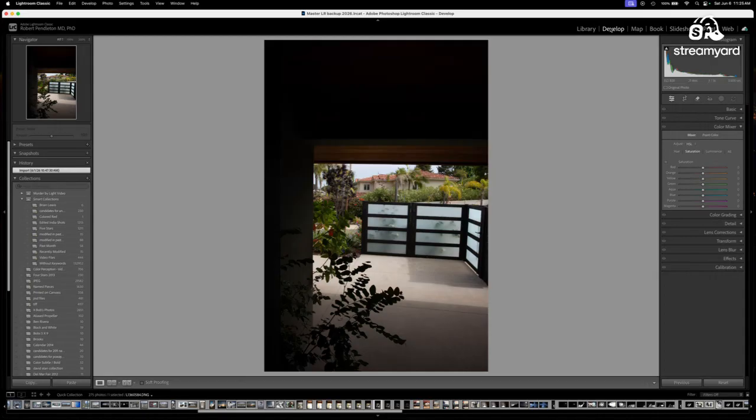Lightroom's pretty self-explanatory. We can go to the develop mode, and then here's the color mixer. We see that I want the sky to be blue. So let's just turn up the saturation of blue and see what happens. Well, that's a little better, but it's really not all that blue. So then I said, well, let's take that blue image into Photoshop and see.